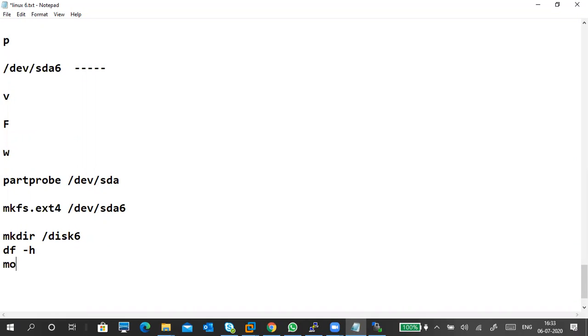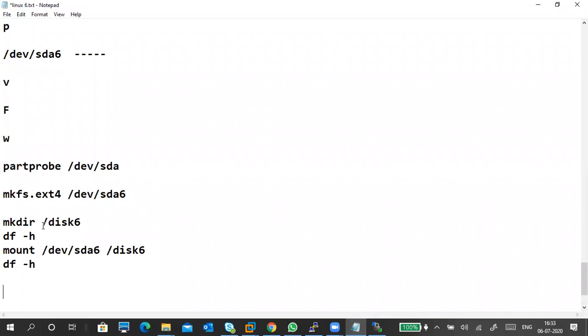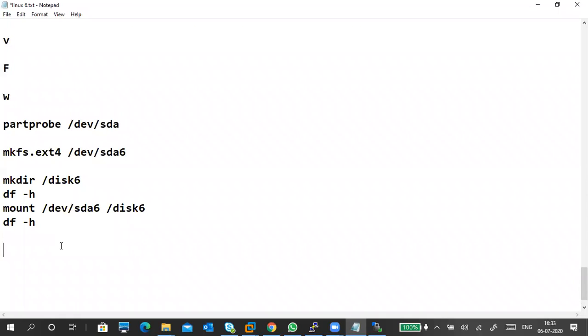Next, mount /dev/sda6 /disk6, then again df -h. Okay, if you want a permanent mount, vi /etc/fstab, then I mentioned /dev/sda6,